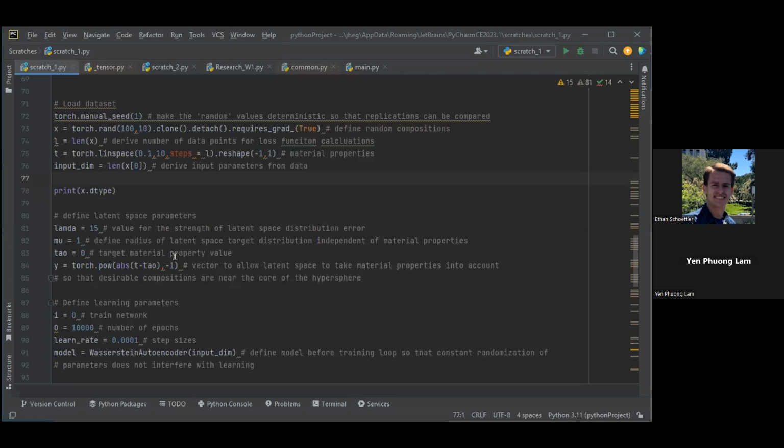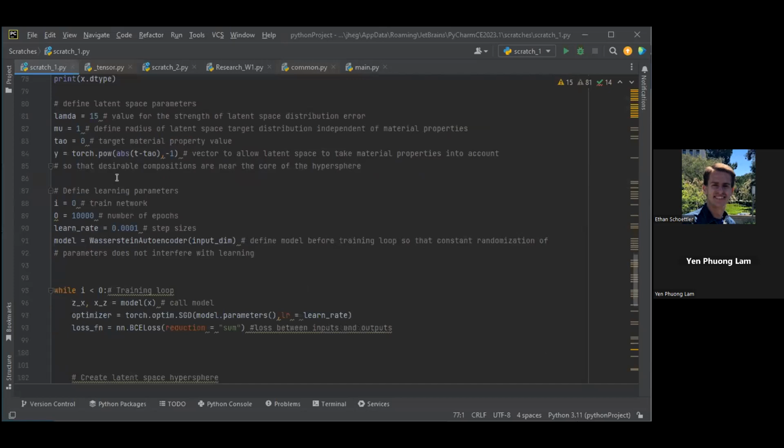So pretty much overall, this is loading the data that I have. This is defining the distribution in latent space. And this right here is defining the parameters of how the model learns. This is very simple. I can probably make it more complicated later on, but I'm pretty much just doing very simple batch normalization or batch